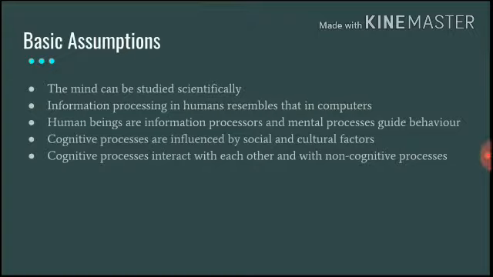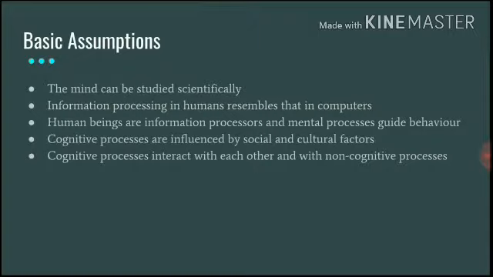Being that information processing in humans resembles that in computers. And this is something that we just discussed when we were talking about the modern times in which cognitive psychology focuses on the difference or the comparison between how, as humans, we process information and how we're looking at artificial intelligence and their way of processing information. And we're trying to draw inferences and trying to understand how similar or how different, and if they are similar, then how can we make it much more efficient?